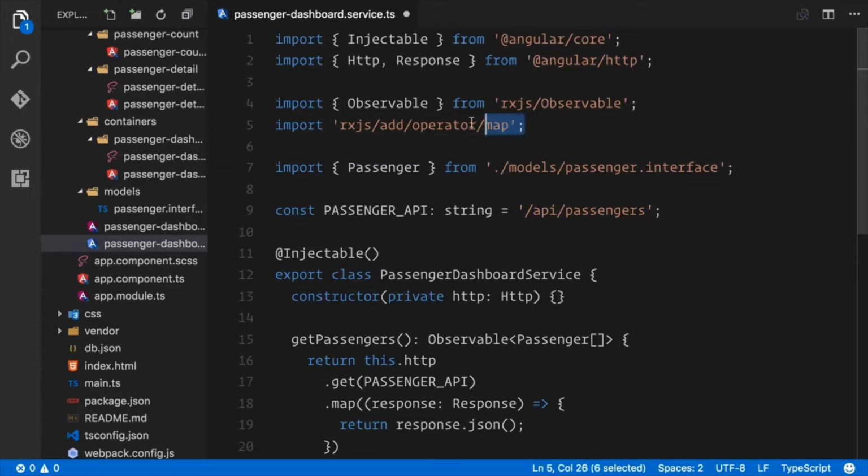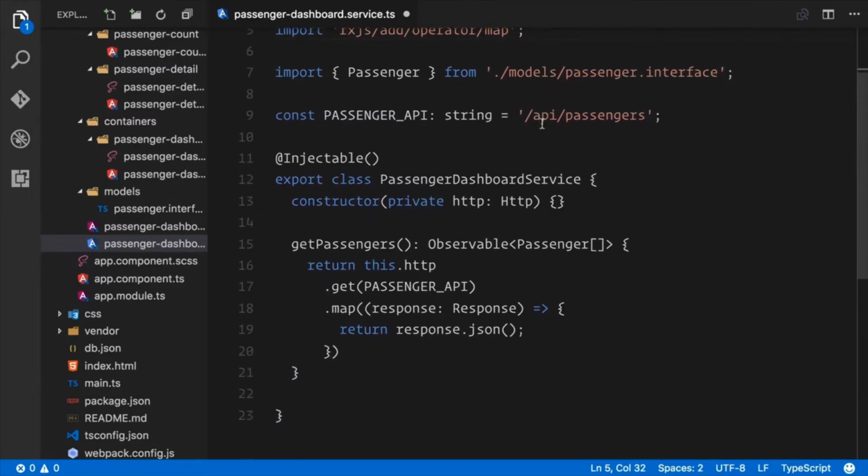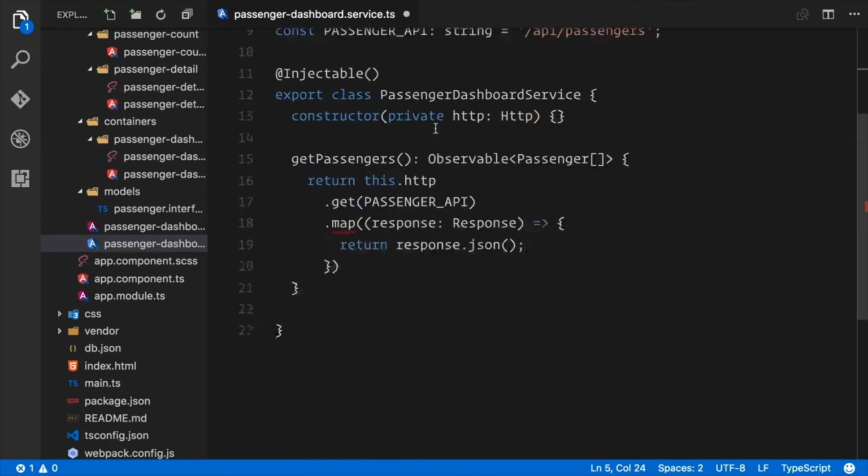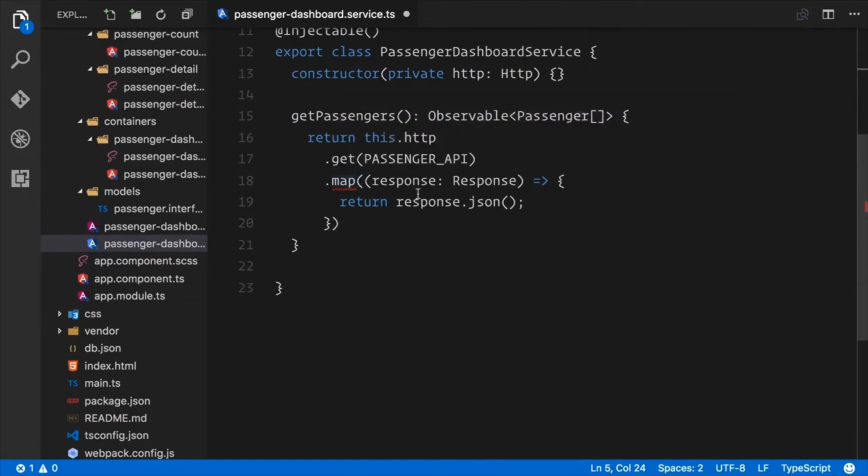So that's all we need to do to import and add properties to observable things such as this.http. Now you can see here that the red underline has disappeared because map has now been added to the HTTP observable object. So this is some nice magic that's happening here. And if I go back and uncomment this, our error comes back